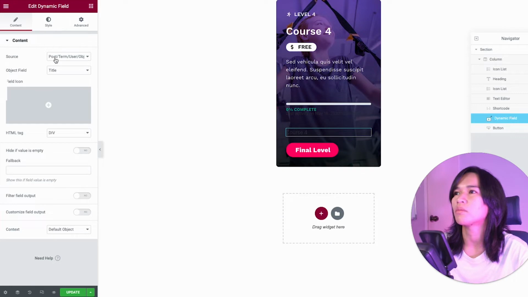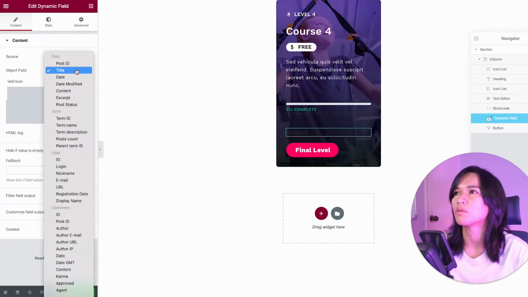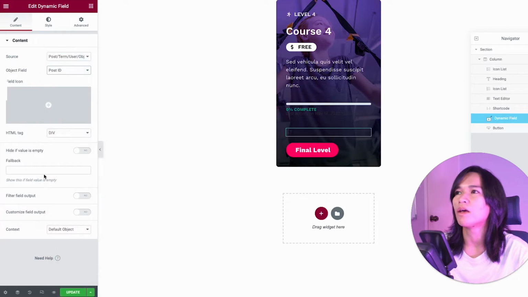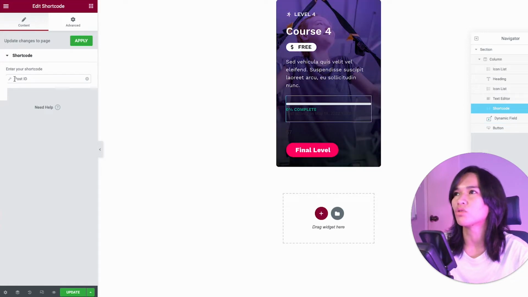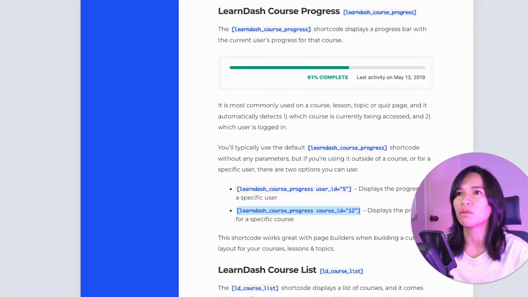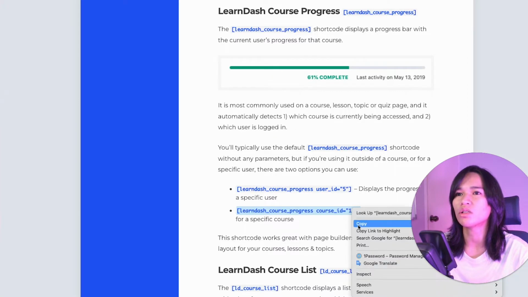First, I'm going to grab the post term user object, this one, the source, and then I'm going to grab the post ID, and then I'm going to try to replicate what I did in the shortcode. This is from Elementor, this widget, but I'm going to copy this, or else maybe it's easier for you to see. I'm just going to copy this, and